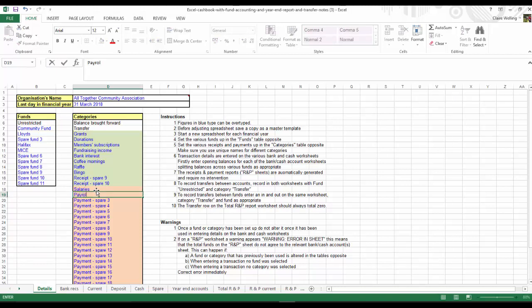So we've got salaries, payroll charges, staff recruitment, travel, volunteers travel, as opposed to paid staff members, refreshments, rent and rates, utilities, cleaning and sundries, printing and stationery, phone and internet, bear with me, we're nearly there, postage, publications and subscriptions,